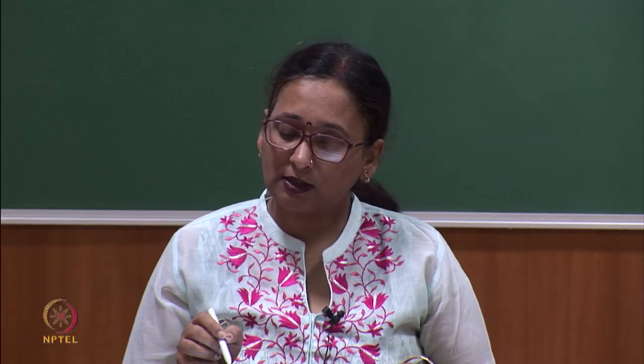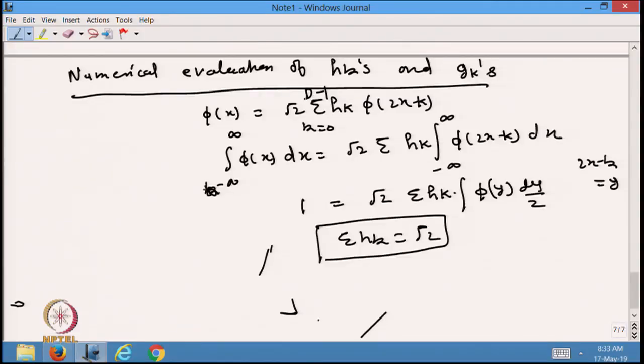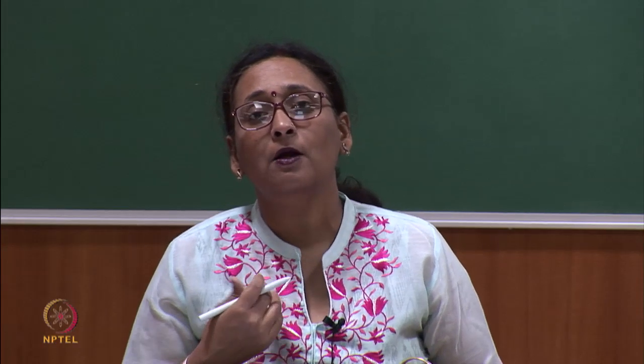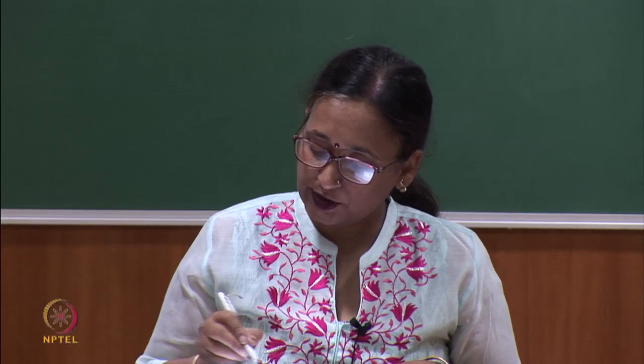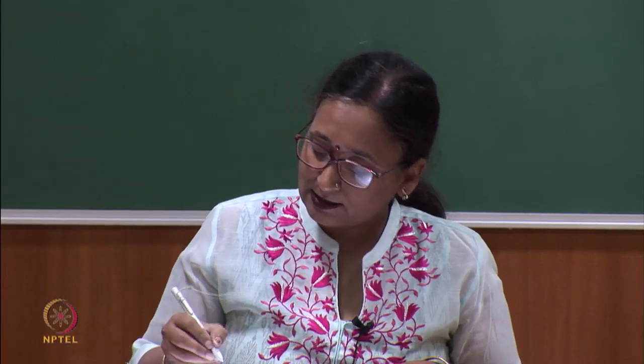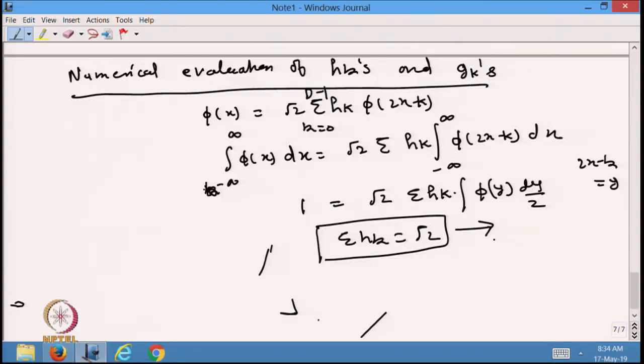In fact, it is not specific to k equal to 0 to D minus 1 only for compactly supported wavelets. If you had written k from minus infinity to infinity, then also it is true. That is why we were able to use it at that point of time, where we were not defining just a compactly supported wavelet, we were deriving a family of wavelets in a general sense. So, this is one of the results we are getting; of course, here I have to make the assumption that k is 0 to D minus 1.